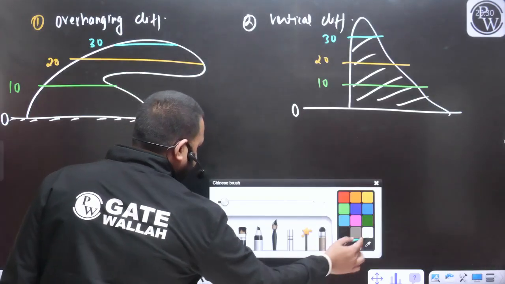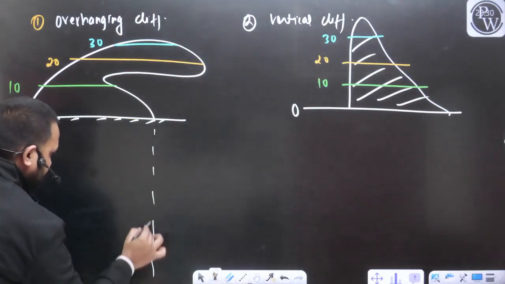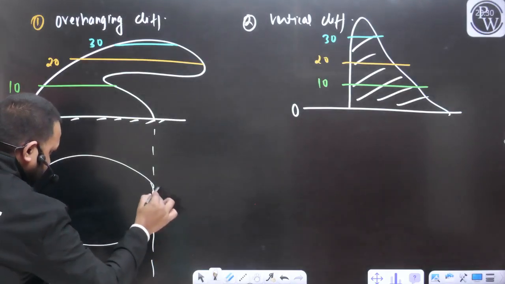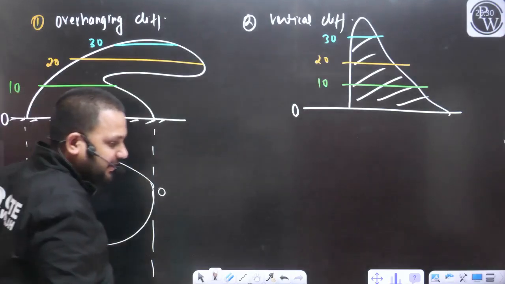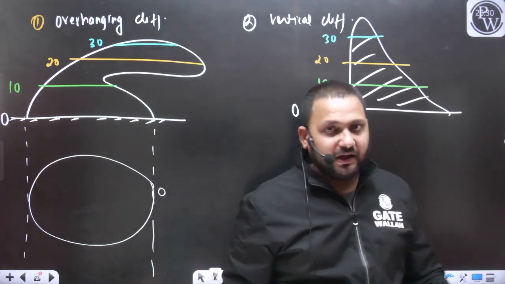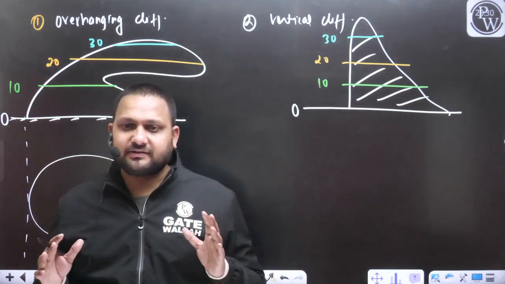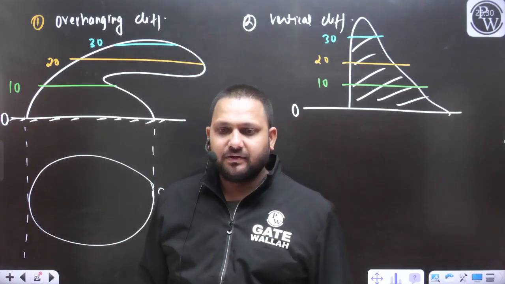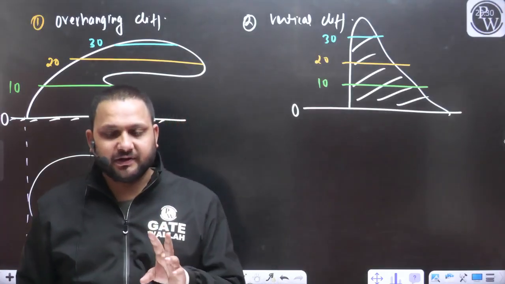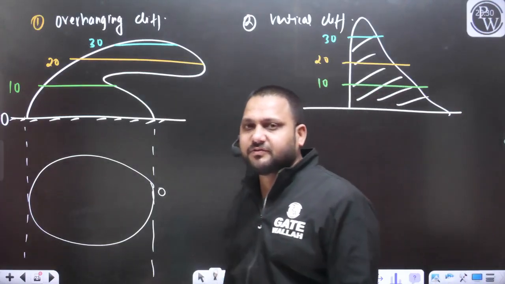First, let's say this is going to be the contour of 0. Yes or no? That's why we are saying these are the exceptions. Generally, different contours should not intersect or join, conceptually and logically. But there are two exceptions where they can join or intersect. Those exceptions we are discussing.